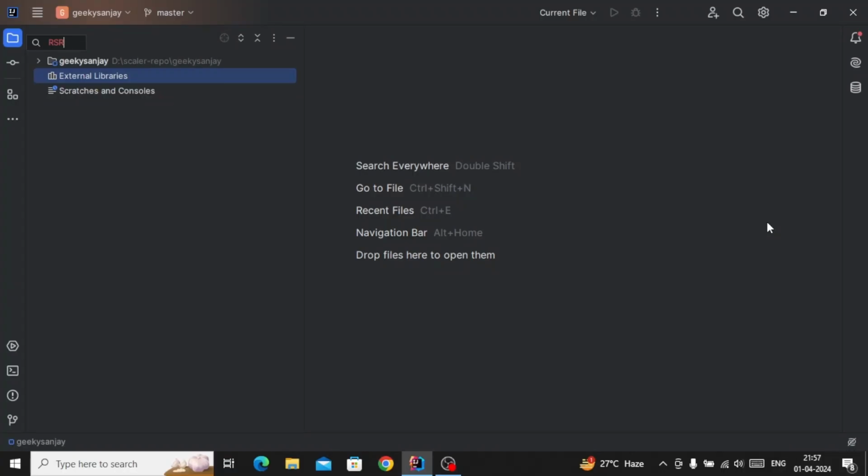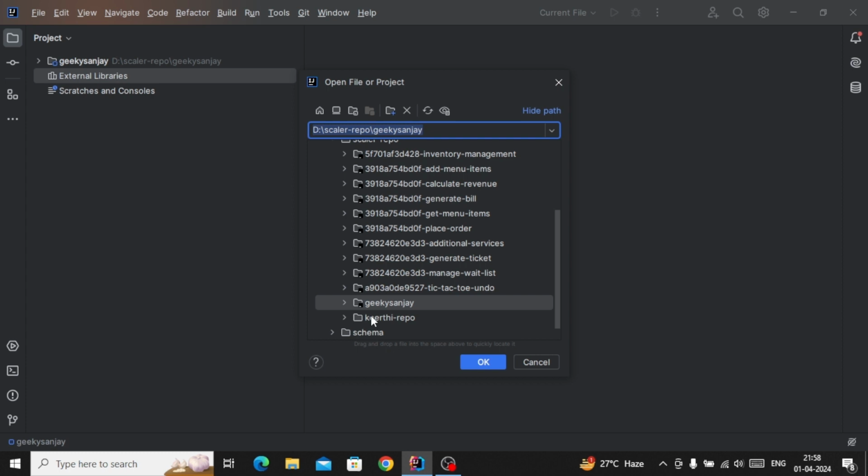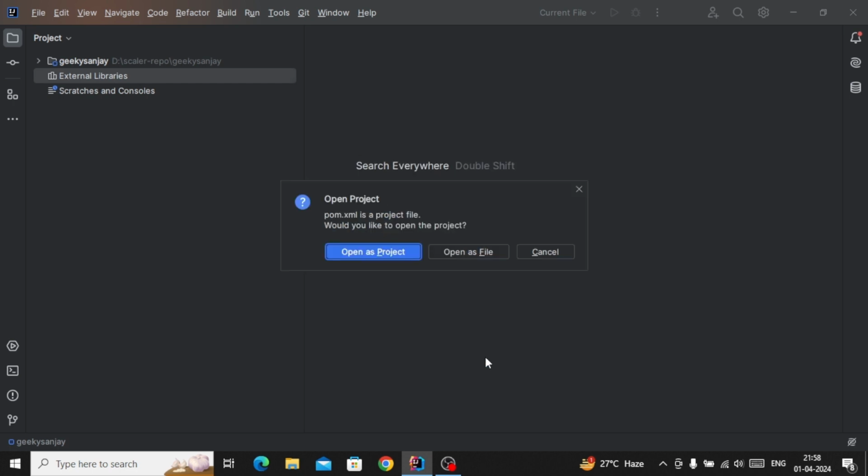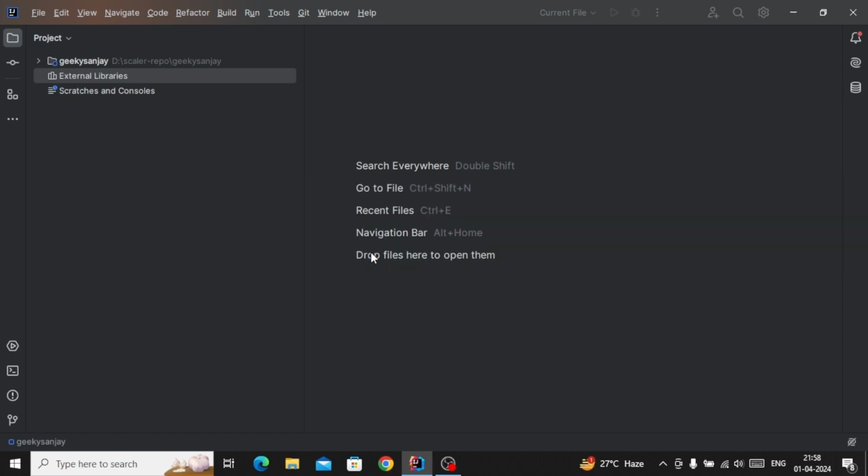So as you can see here, we open IntelliJ and we will solve this using IntelliJ. So first we will open here. I will share this assignment with you in the description box. So our first assignment is add menu items. Okay. So we will select the home file for XML and we will click here, open as project.